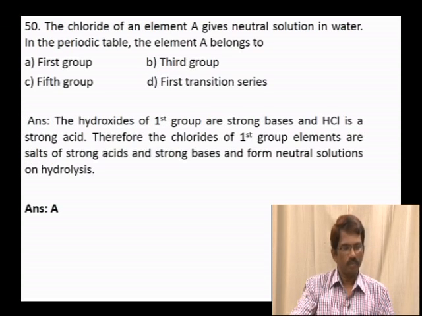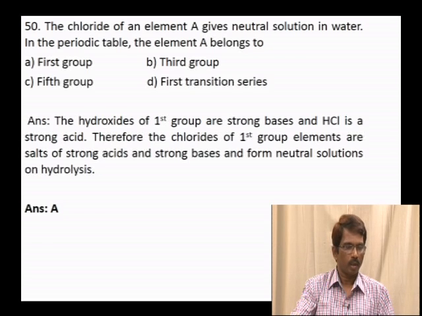Question number 50, the chloride of an element A gives a neutral solution in water. In the periodic table, the element A belongs to option A first group, B third group, C fifth group, and then D first transition series. The hydroxides of the first group, that is alkali metals, are normally strong bases, and when the chloride of an element gives a neutral solution,